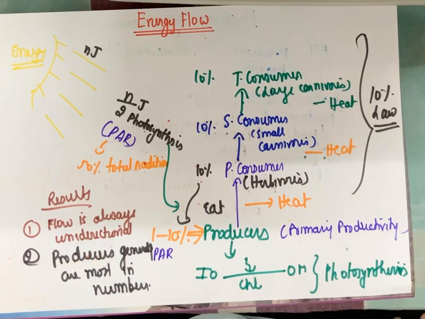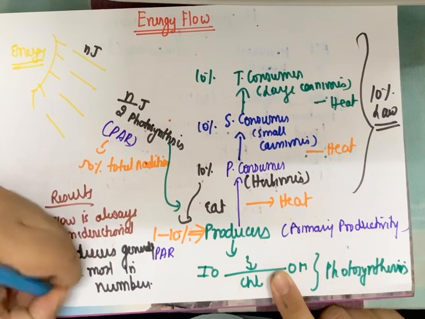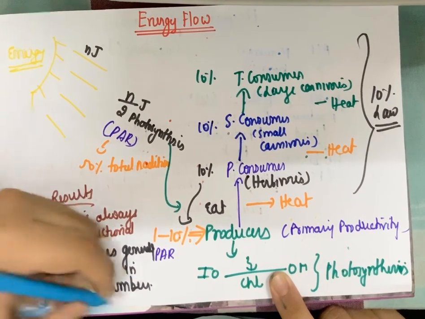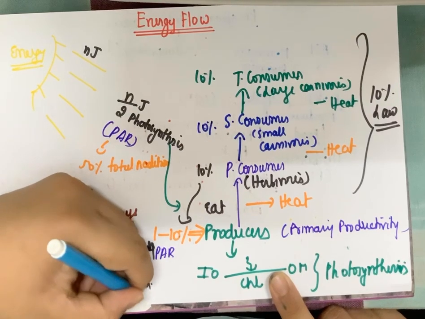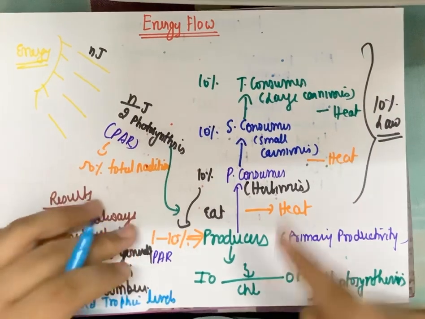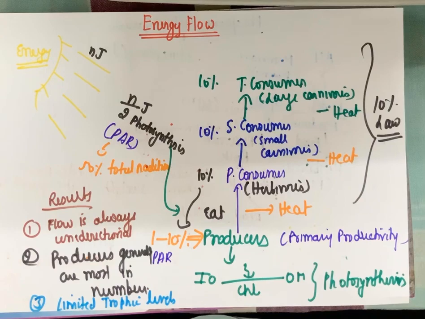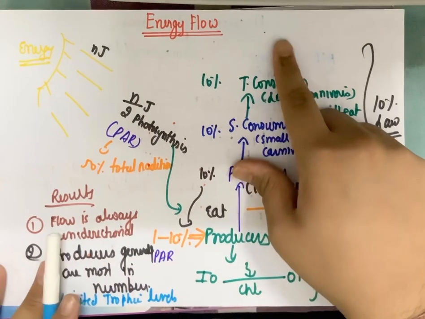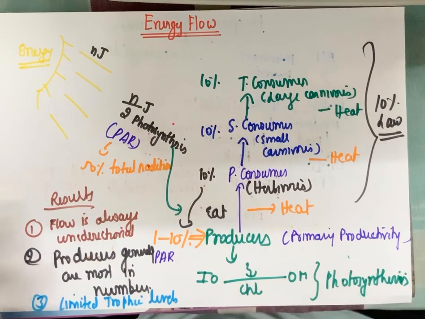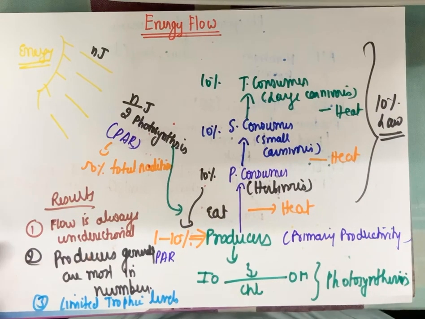One more, there are limited trophic levels. Why don't I have a quaternary consumer or number 5 consumer? Why are there not those kinds of trophic levels? Because if I move even further from this, the amount of energy passed on in the food will be so low that it won't sustain the organism. Okay, is that fine? The amount of energy will become so low.